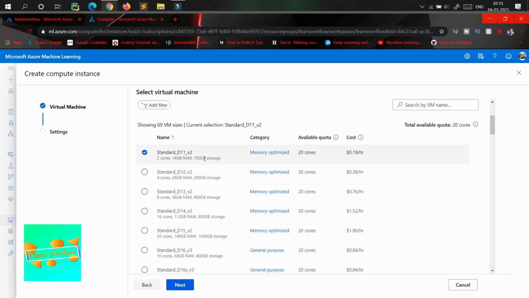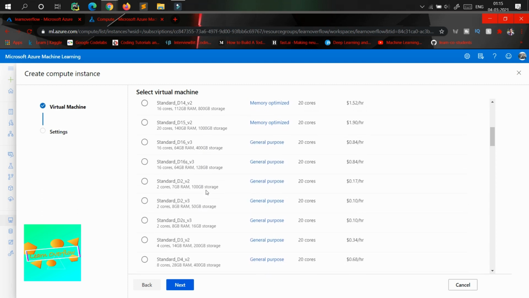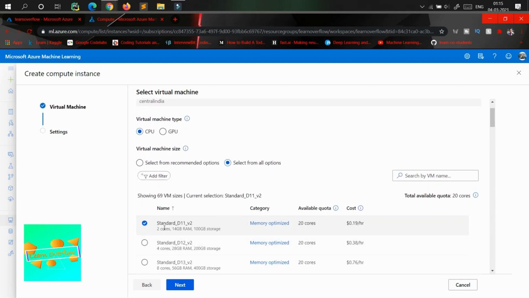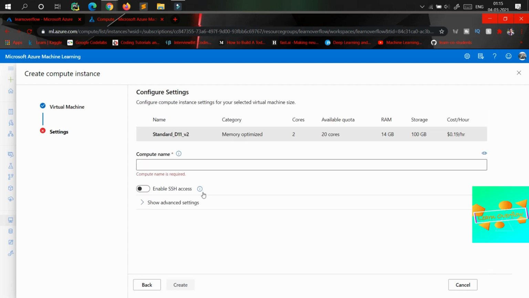Next, here I will select this one, a 2 core virtual machine with 14 GB RAM and 100 GB of storage size. It depends on you how much storage size you need and how much RAM you actually require. It's just up to you, and you can use it as required. So I'll go with Standard D11 V2. V2 is basically version 2. So Standard D11 V2, and click on next,